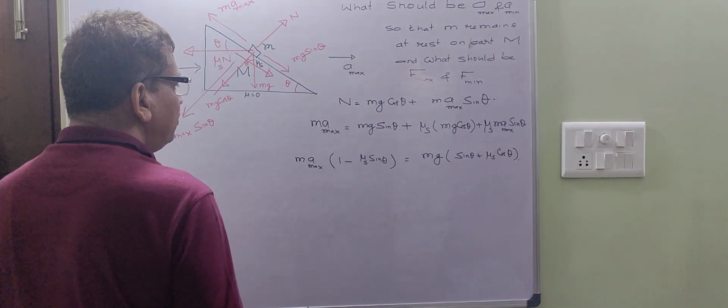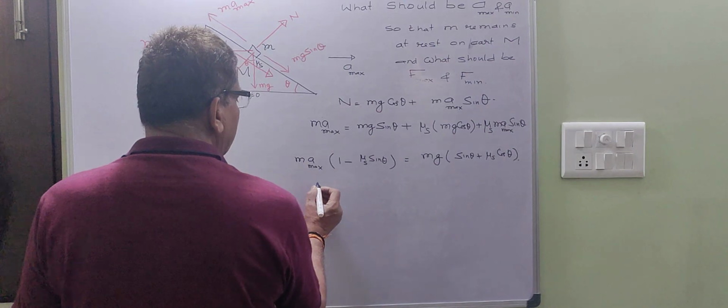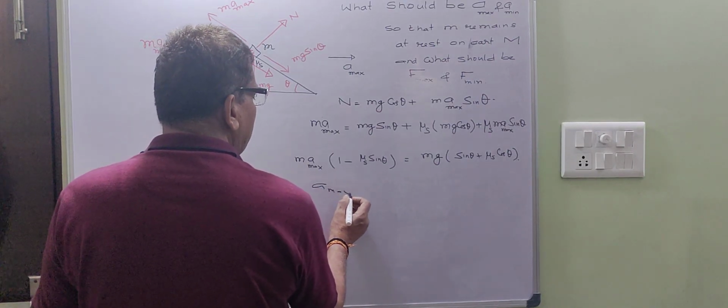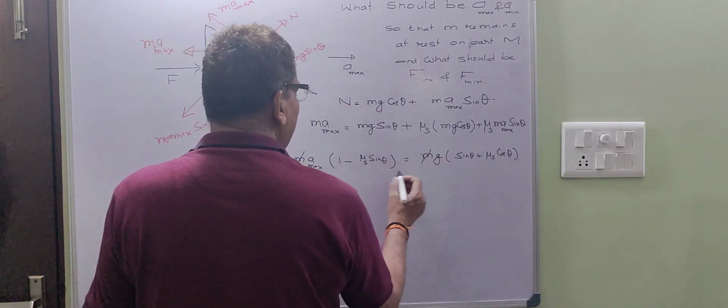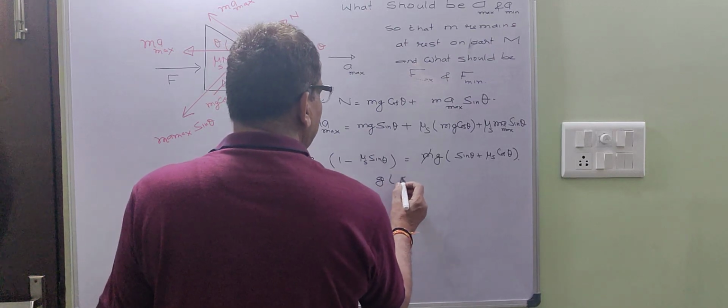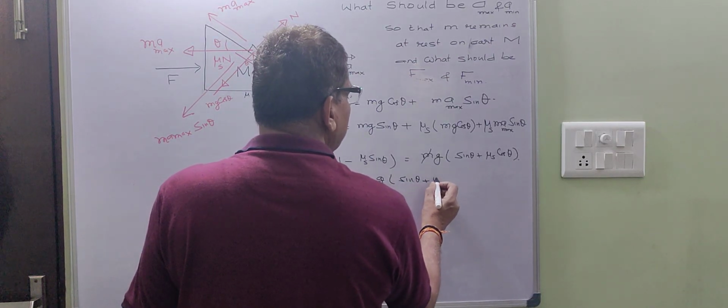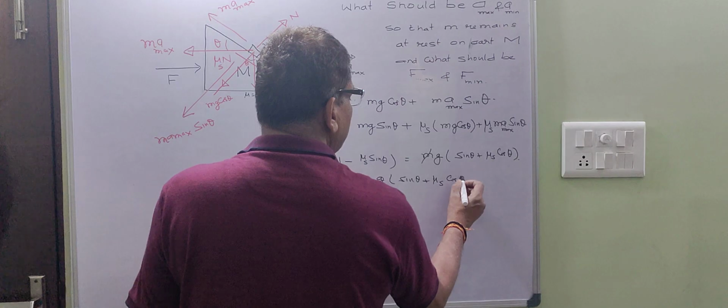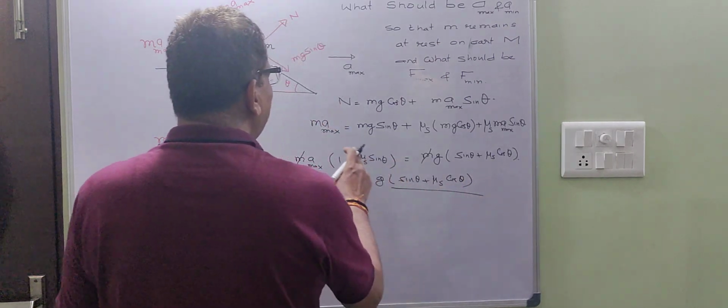Now I can say the a max is, this gets cancelled, I can write it is g (sin theta plus mu s cos theta) divided by